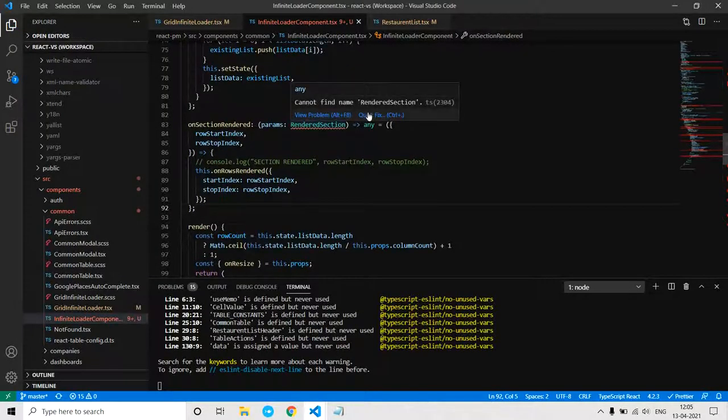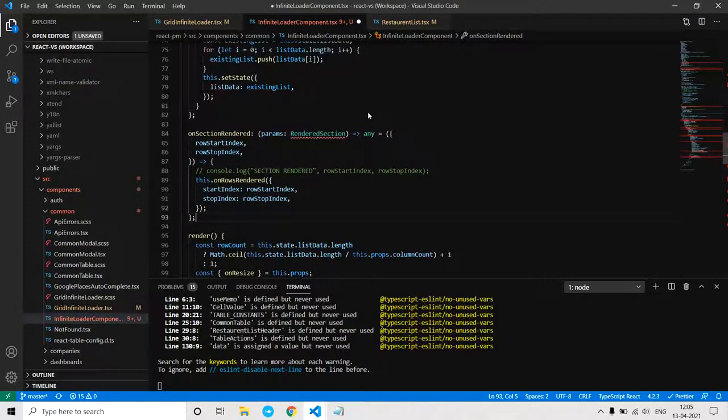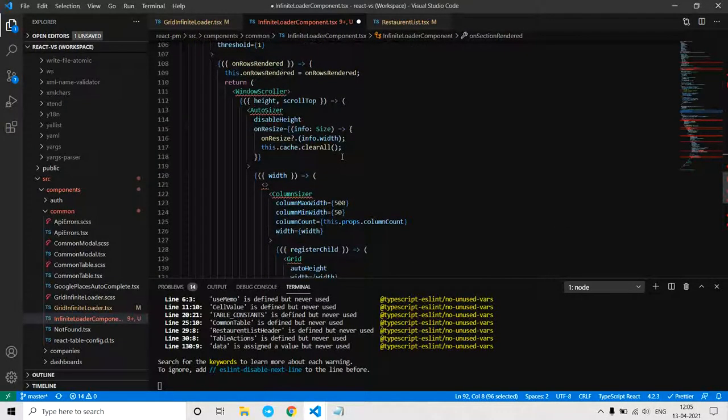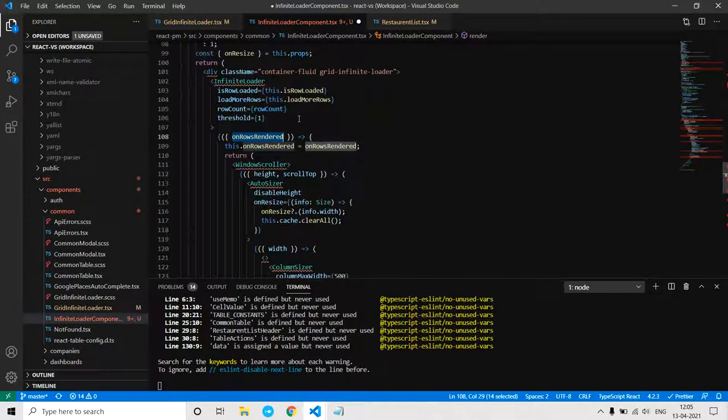Just import this. So as you see, this is my on rows render, which takes this start index and stop index. So that function is basically this function which we are getting from the infinite loader.